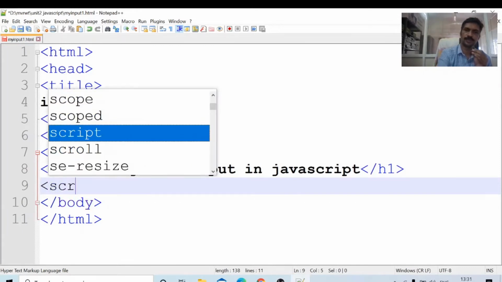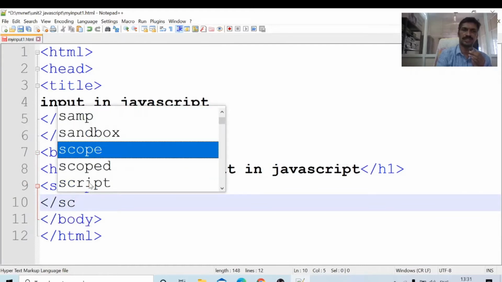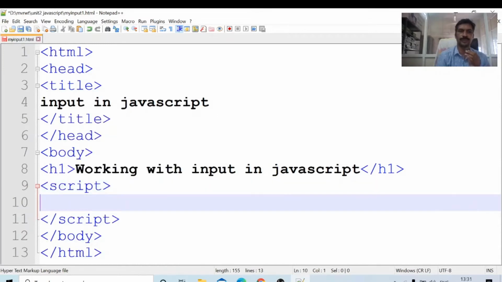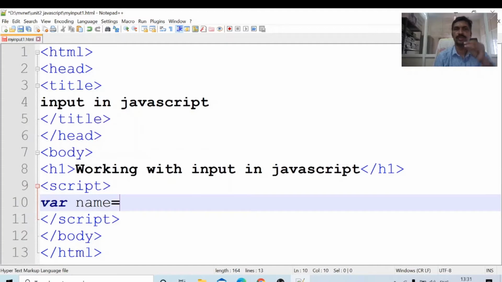All the script lies between script and /script. I am creating one variable, var, the name of the variable is name, equal to, for taking input.